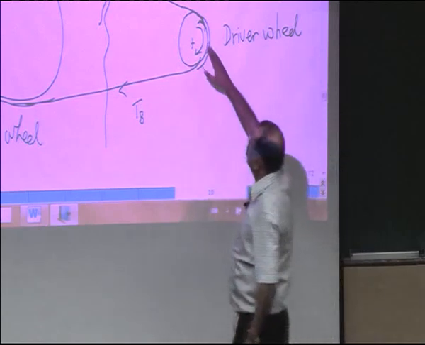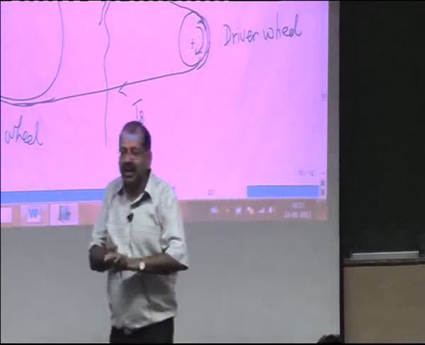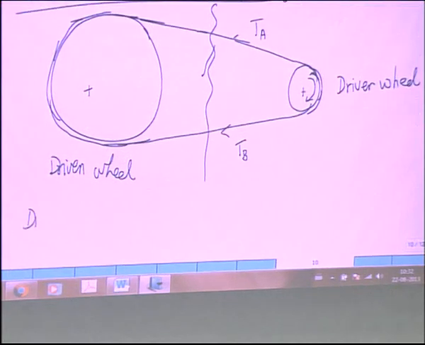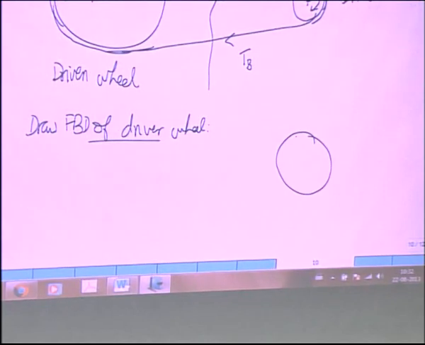This is what is called the tight side, the other side is called the slack side. We are not going into the theory of belts, but this is just to determine which is bigger. So on the driver wheel, if I draw a free body diagram of the driver wheel, TA, TB, then I have TA times R is equal to